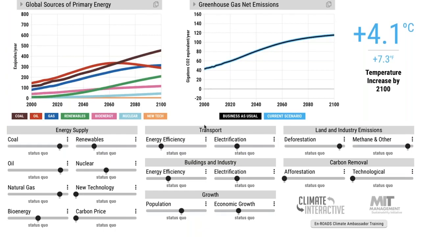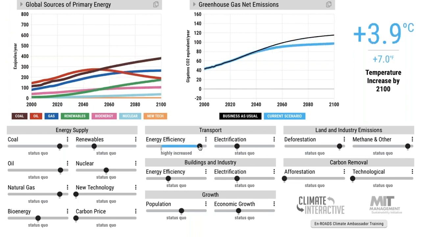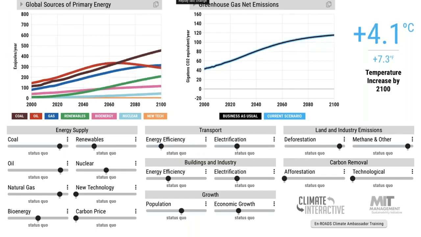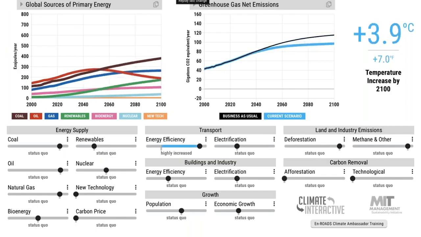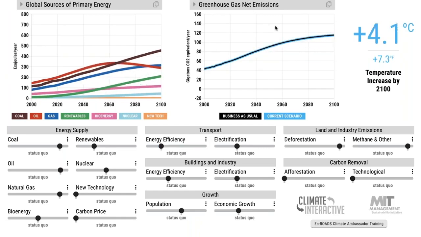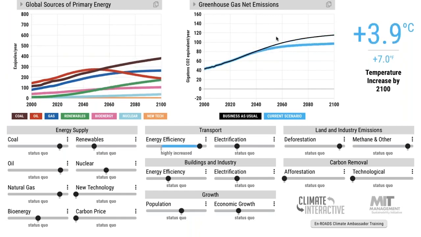And then use this very fast running simulator to imagine, well, what if we had more energy efficiency in transport, more public transportation and efficient vehicles, etc. So what if we had that? What would it do? And so a simulator that runs not in several days, as many do, but runs immediately like this. And that shows, in this case, emissions would go down, oil use would go down, temperature would go down, and people may get an insight about why.